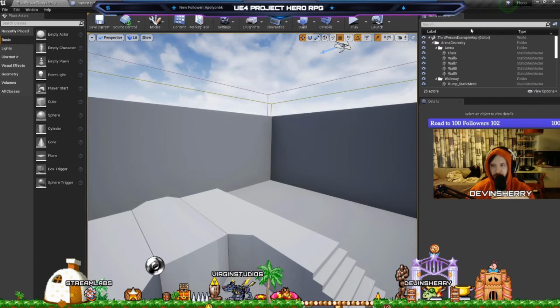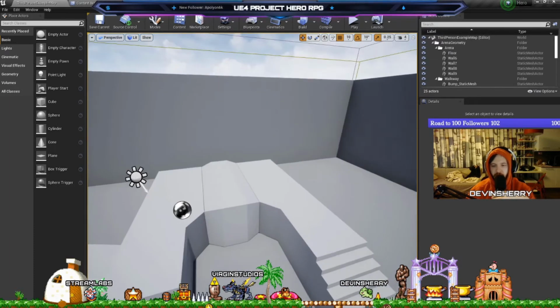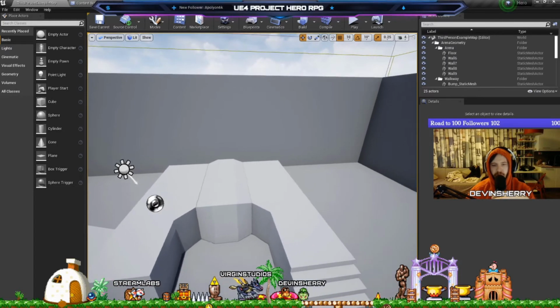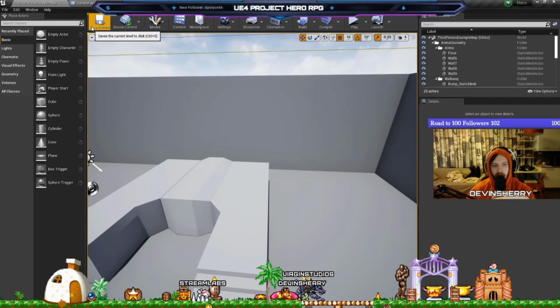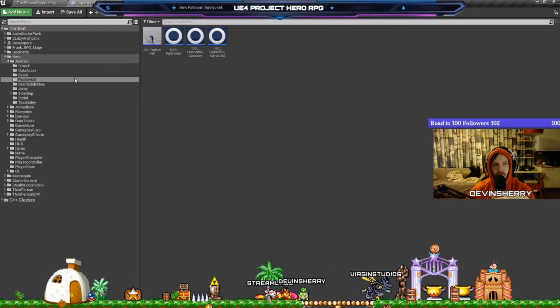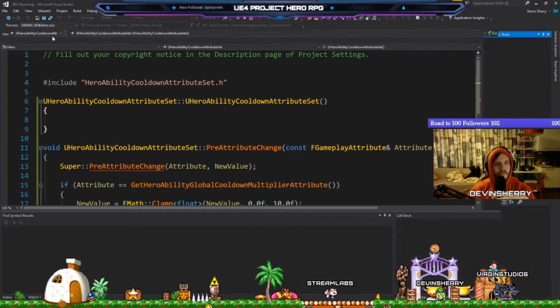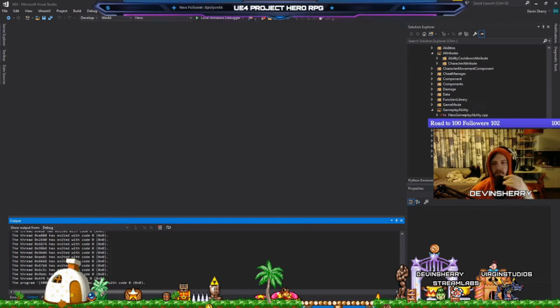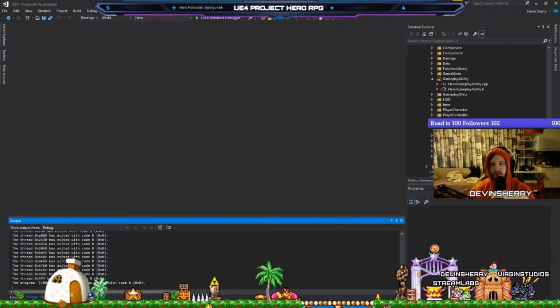But now we need to give this attribute set to the player character. We have to do that next. And we have to give them default values, so we're gonna have to do some similar stuff there. But we know they do exist as an attribute set, so I think this happens in the base character,